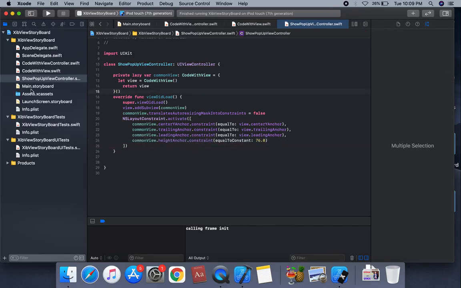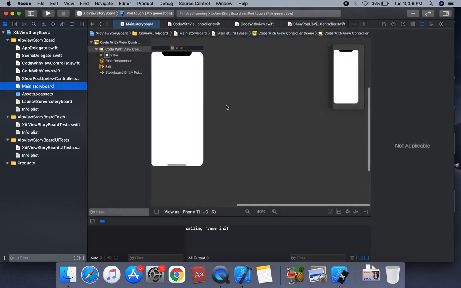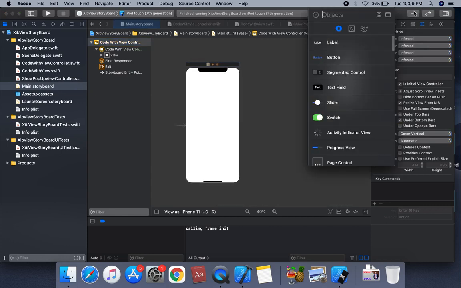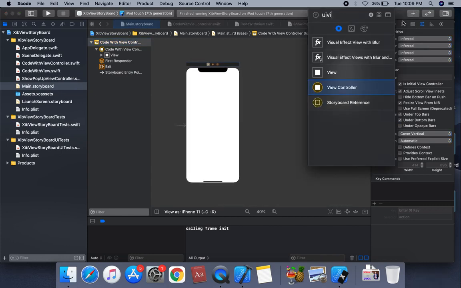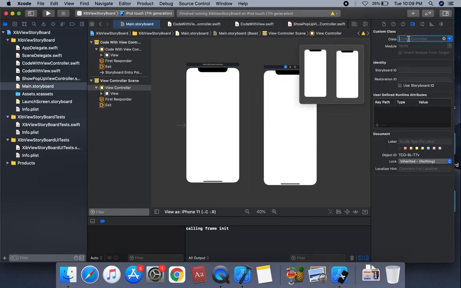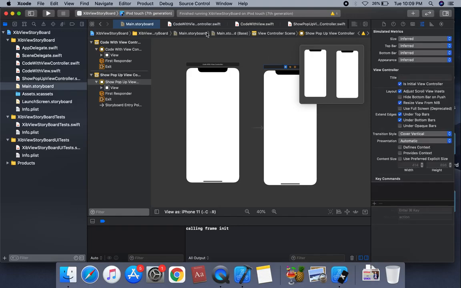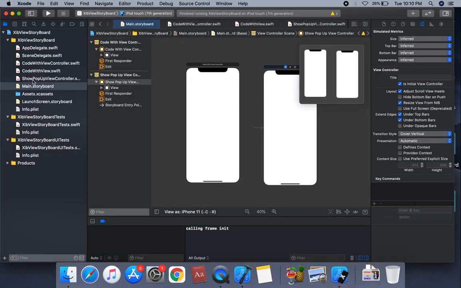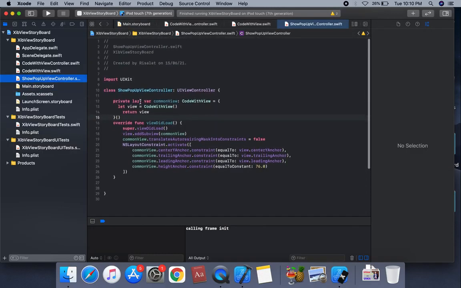We can use of view controller, and we can change on this class. Suppose we have, so we use of another view controller. We're gonna try it off UI view controller. We're gonna assign on this class. Suppose we have a show pop-up class, and this is the initial view controller show pop-up view class. We can run on this view controller. So this is the blue color on this show pop-up view controller. We can use the blue color on show pop-up view controller, and this is the show pop-up view controller.